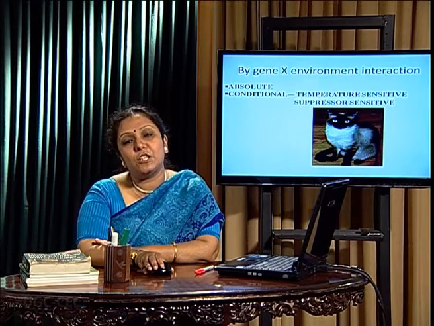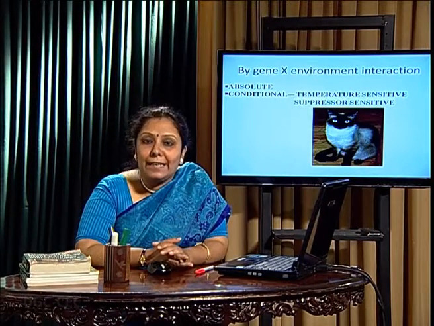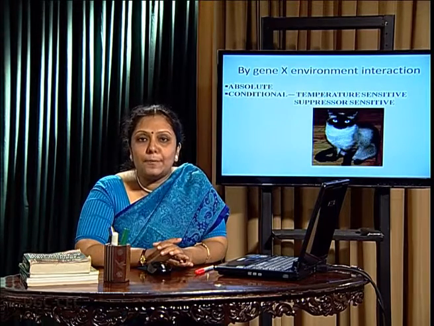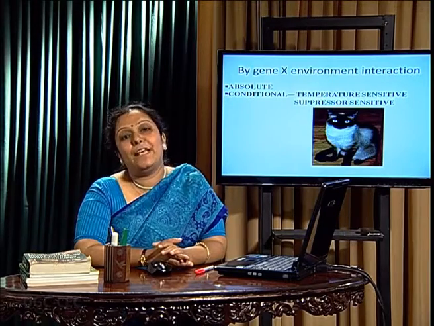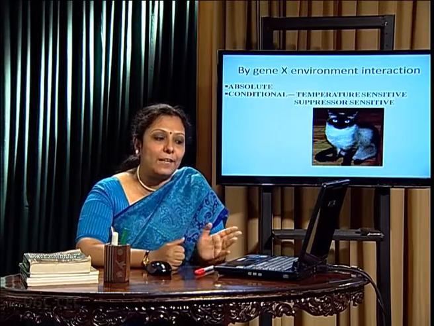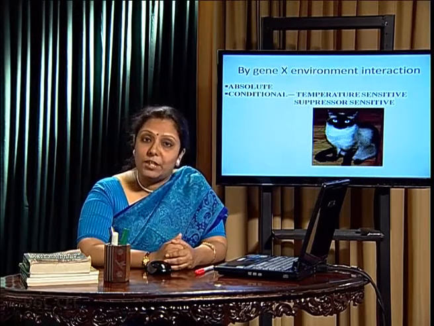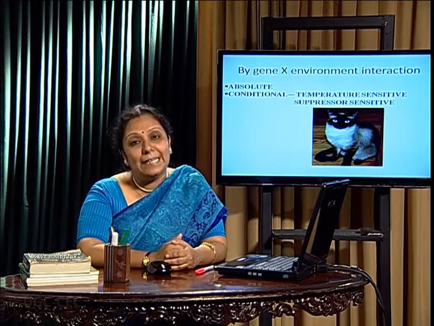Temperature sensitive mutation. So what happens in case of the Siamese cat? We can find that at the lower temperature, suppose 30 degrees centigrade, the mutation in the protein can be managed in such a way, adjusted, so it gives rise to melanin production. So in the colder regions like claws and paws, we can find the melanin production. But at the elevated temperature, at 42 degrees centigrade, the enzyme is unable to synthesize melanin.